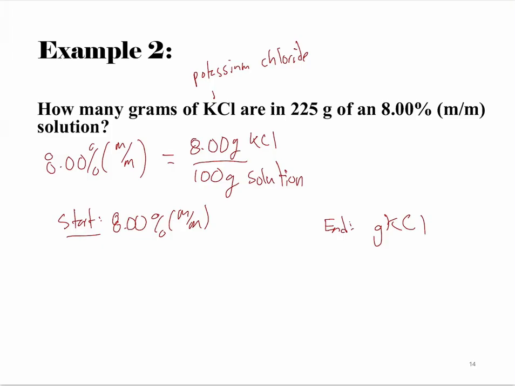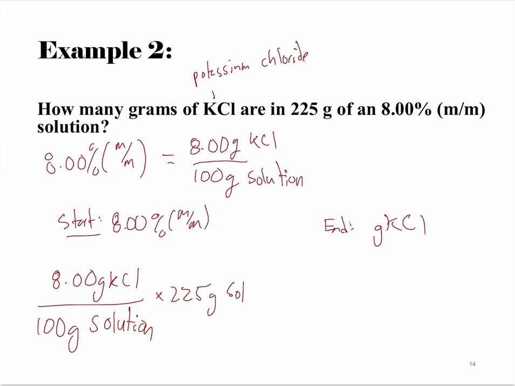So we're starting from 8.0 grams potassium chloride per 100 grams of solution. So what do we need to multiply this by? Yeah, 225 grams of solution, because that's the amount of solution in units of grams that we're looking at. So grams of solution cancels out, and you get 2.25 times 8, you get 18.0